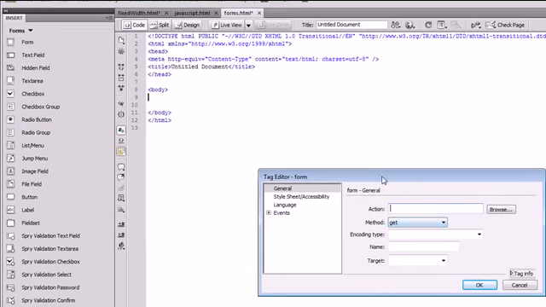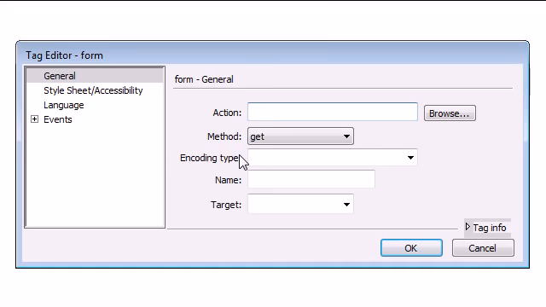It pops up with this window, and it gives us a few options of what we want to do with our form. The action is the actual file that we are going to send our data to. In this tutorial, I'm not going to show you how to handle the data. I'm just going to show you how to build the form to submit the data to a file. So the file that I'm going to type here doesn't actually exist, but in future tutorials I will show you how to use PHP to handle some form data. So I'm just going to say sample